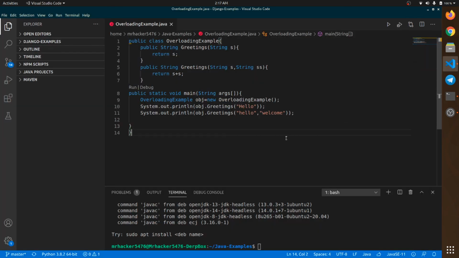So basically what we did here, we have kept our method name the same, we also kept our parameters the same as our second method, and it just had different data types. So that was our first method, and in the second method we just simply changed the number of parameters. So this is how overloading works in Java. Also it works the same way in most of the programming languages.